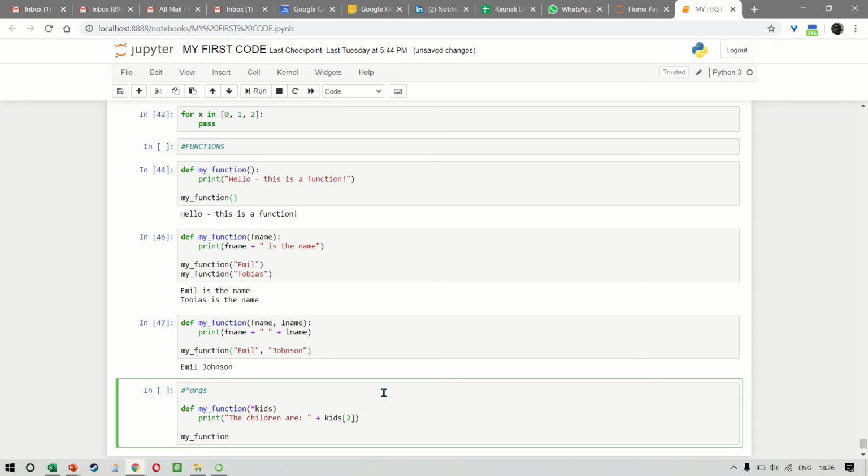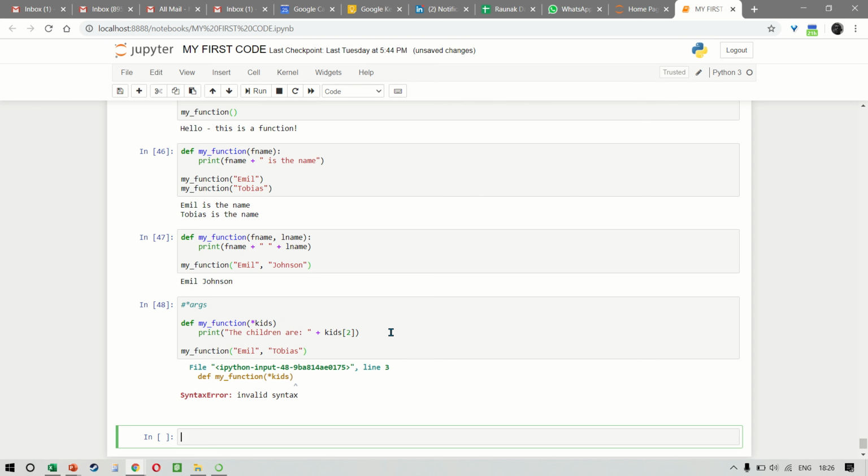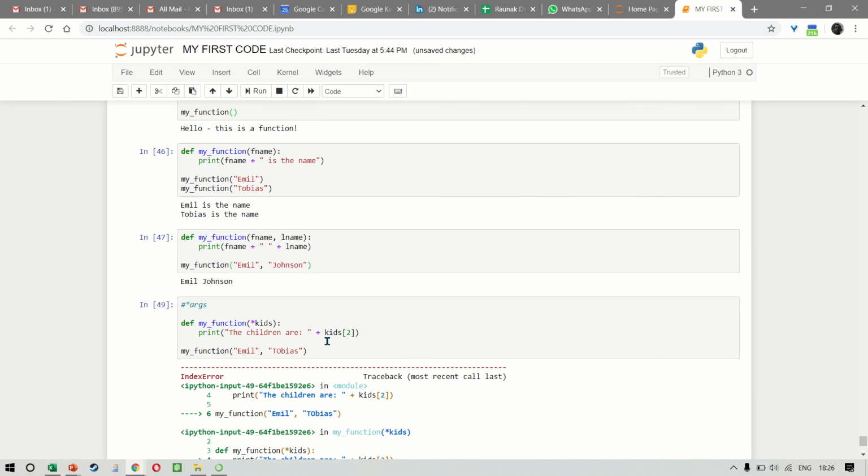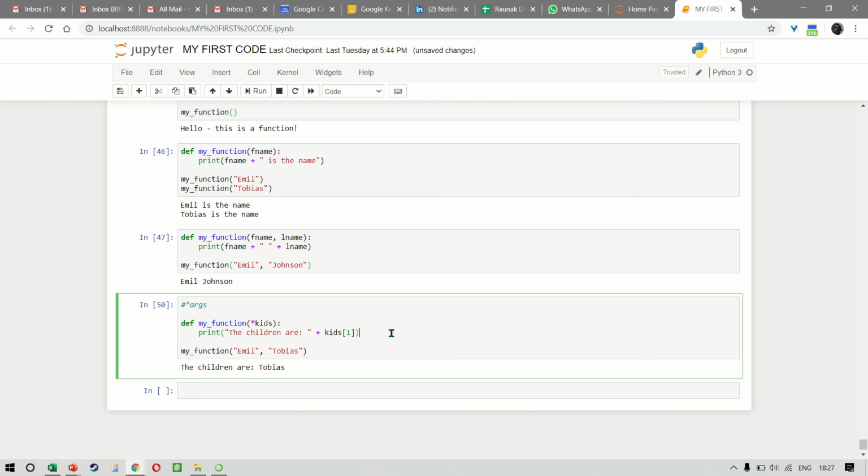So when we run the function my_function, we will now be able to write, let's say, Emil and Tobias, and when we run we are getting an error. Let me just check once. Okay, we need a colon here. So there's something incorrect. Let me just verify. That's strange. Everything seems all right. You know what? Let me change it to 1. Okay. So we can do it like this. So I can say 1 and we get Tobias. If I put 0, then we get Emil like this, right?